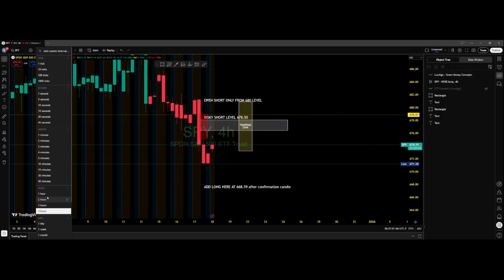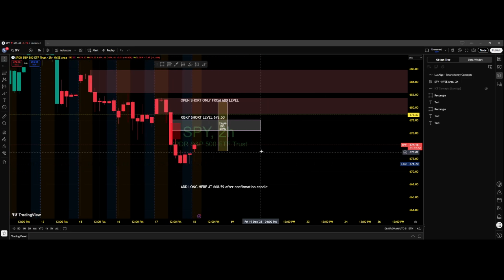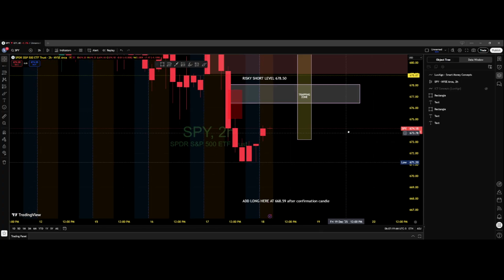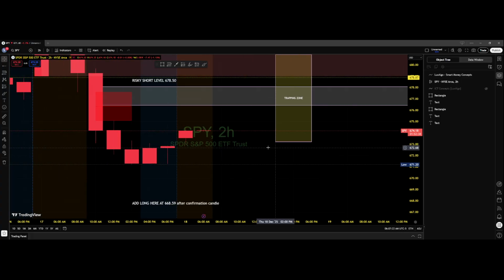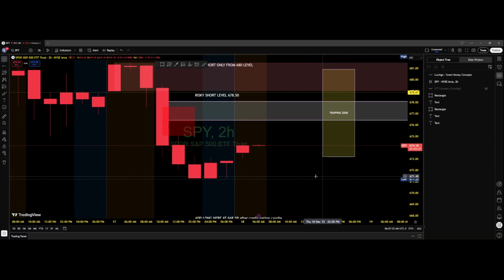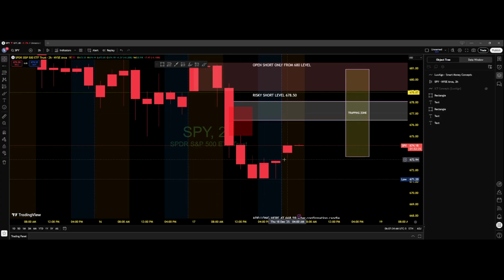So go back to 2 hours. If we go back to 2 hours, the very first resistance is sitting right over here, 675.06. Since we are close to, the 2 hours is just 6 a.m. So this candle starts at 4 a.m. and the good thing, look at this, the market made a low, and the 4 a.m. candle starts